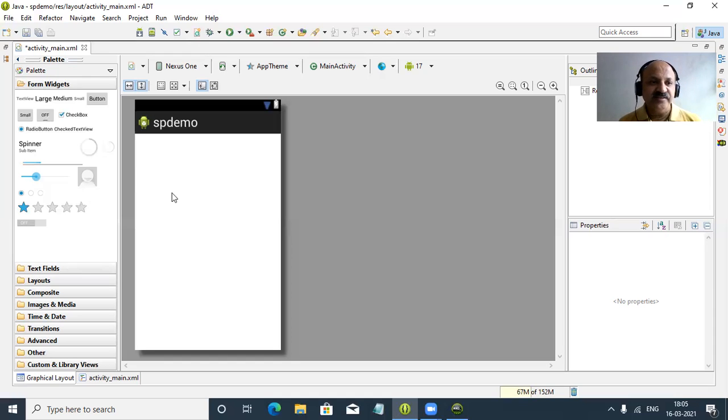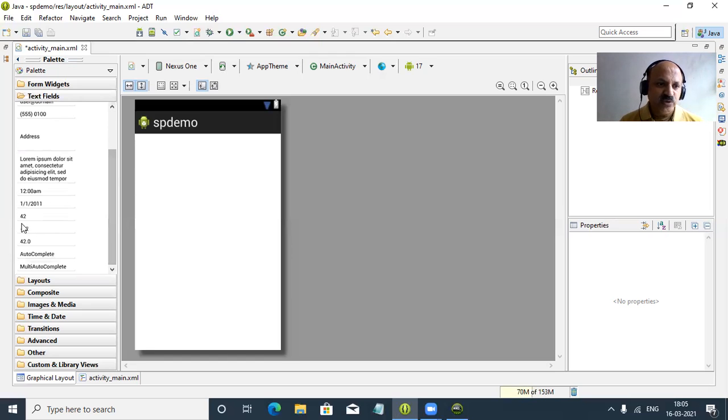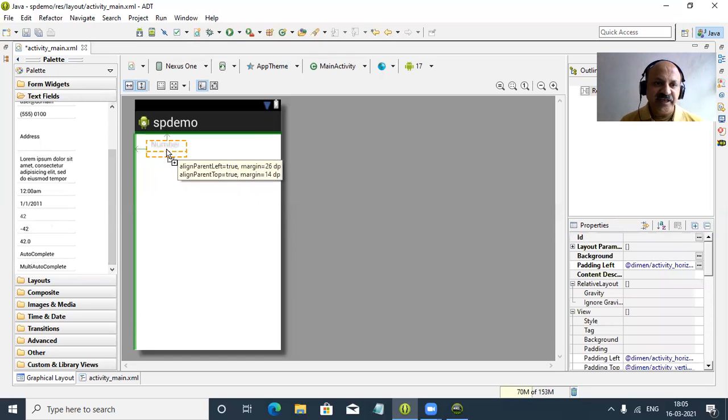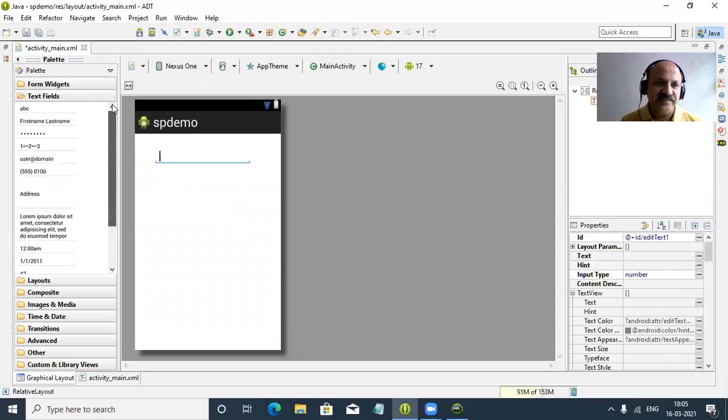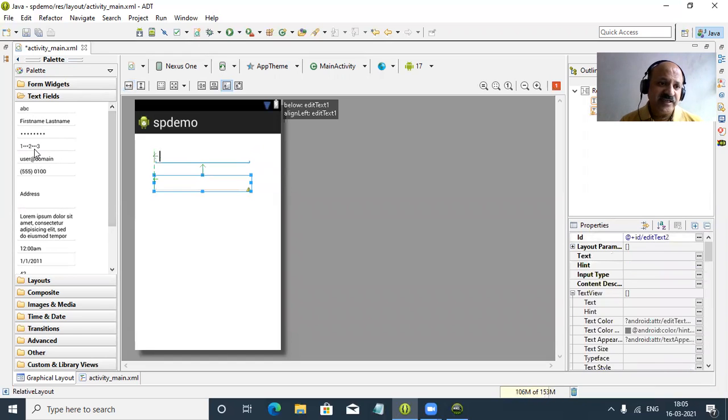So now we can start our first step, that is designing. So yes, here text fields, we can write two fields of information of a student. So first is roll number. So I take one edit text, and second is a plan. So here there are different types, you can look here, password, email IDs, all different types of edit text are there.